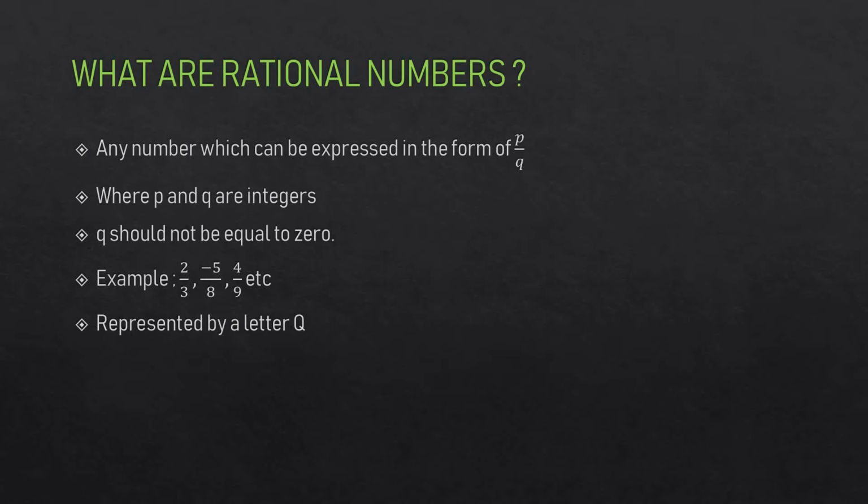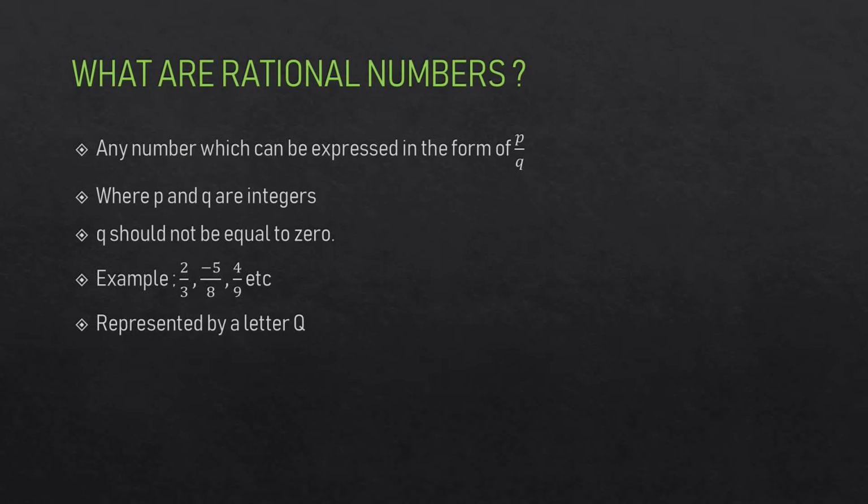Now students, can you please tell me why this third condition is there, that Q should not be equal to 0? What is the problem with Q being equal to 0? See students, if you try to divide anything by 0 in your PC or whatever, you will always find that anything divided by 0 is not defined. It will show an error there. Okay, that is why the third condition is there. See, it's very simple. You cannot divide anything into 0 parts.